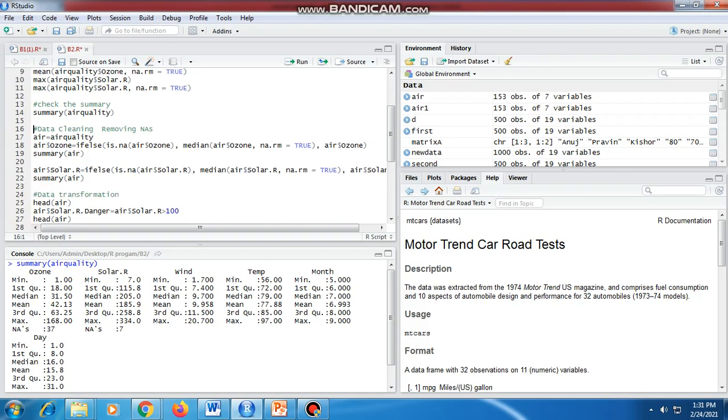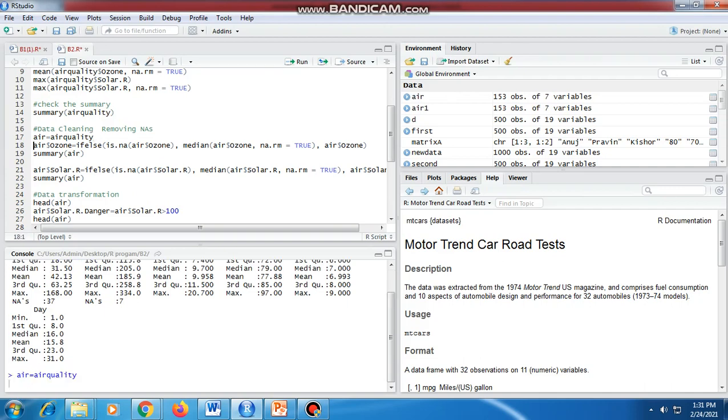Now we will see data cleaning. In this example we are removing the NAs. In one variable, air, we are storing the whole dataset, airquality. Then air$Ozone equals an if-else statement: if it is NA, then the median of air$Ozone, with NA removed, and then we save it.